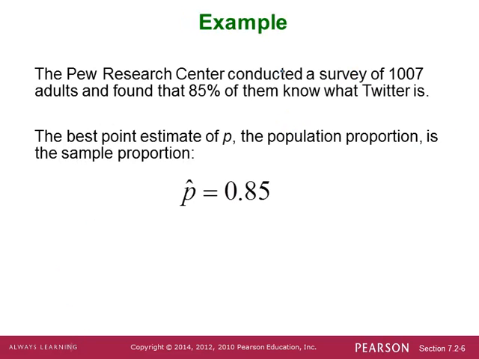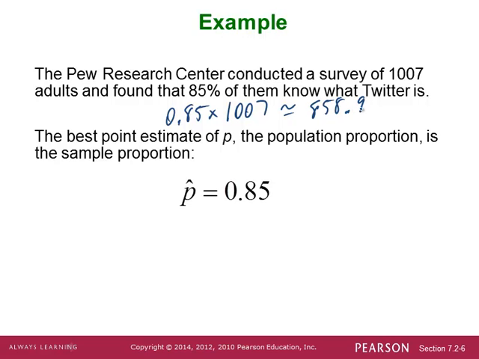Let's take a look at this example. The Pew Research Center conducted a survey of 1,007 adults and found that 85% of them know what Twitter is. Now, what is 85% of 1,007? If you do that calculation, 85%, which means 0.85, times the quantity 1,007, that's approximately